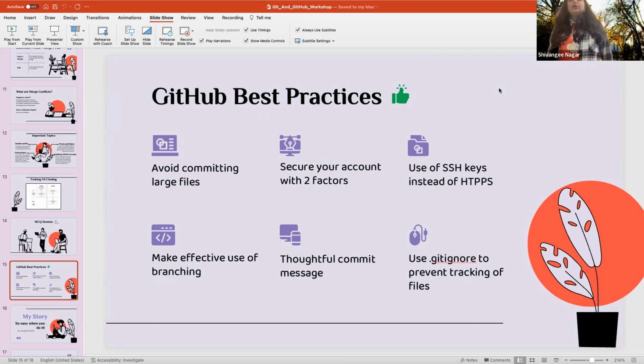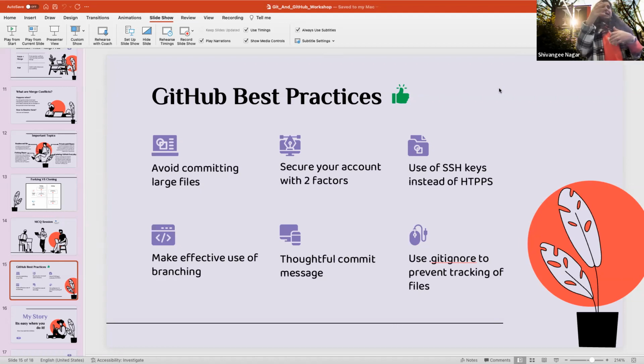The first one is that you avoid committing large files. I know a lot of people think that we'll make everything on our local and then finally push everything together. But that should not be the case, because what if someday you just lose your work on your local? So it's very important that even if you make a small change, it should go to Git. If you don't want other people to know it, there's always a way of sharing the code with people.